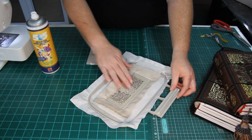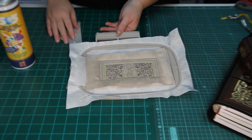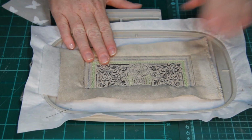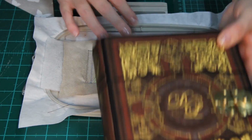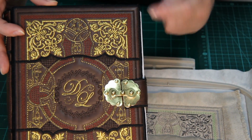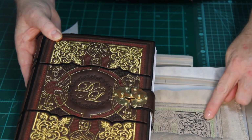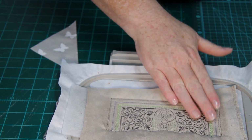Now if you look at the shape as it lies in your hoop, and you just turn your hoop, this is actually the top of your book. So as I see my book here, this is the top section, so we need to put the corner on the wrong side of that corner, so it will be on this side. So just make sure that you put